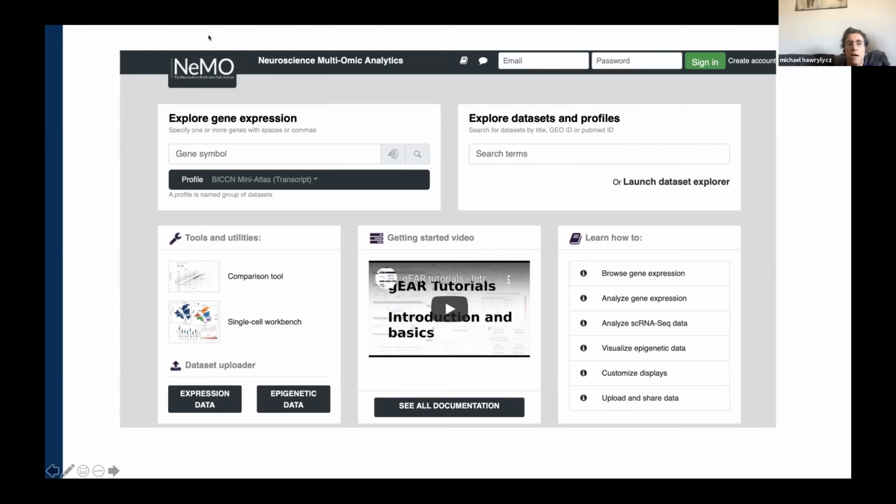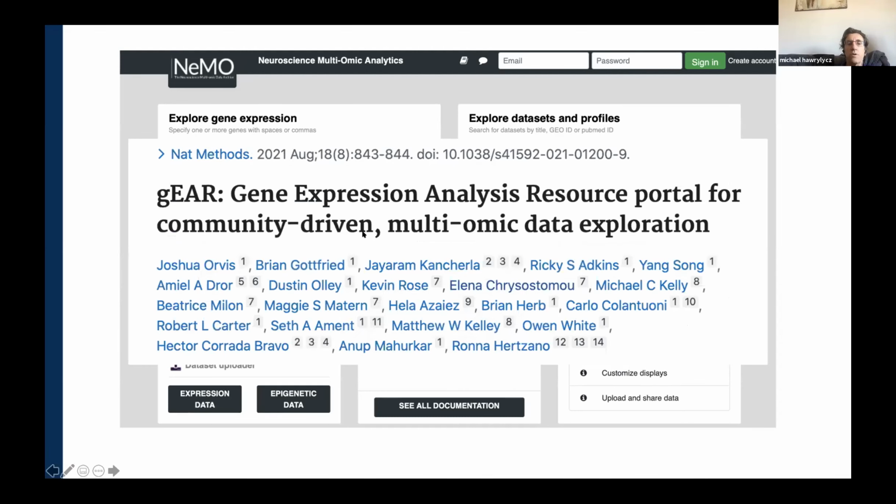I know you'll be learning about that today from Rona Herzano and Brian Erb, and I hope that you take advantage of that. Just a citation of the paper: this resource came out in Nature Methods this year, and it will give you a nice overview of their capabilities.